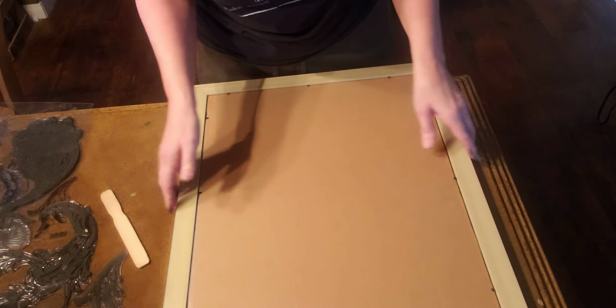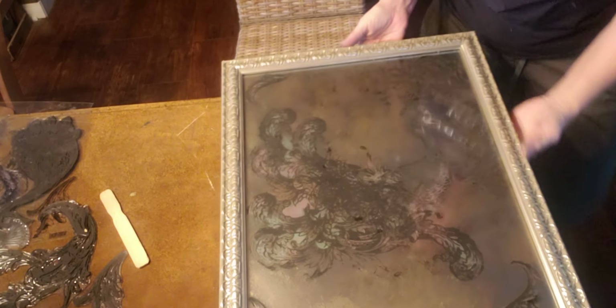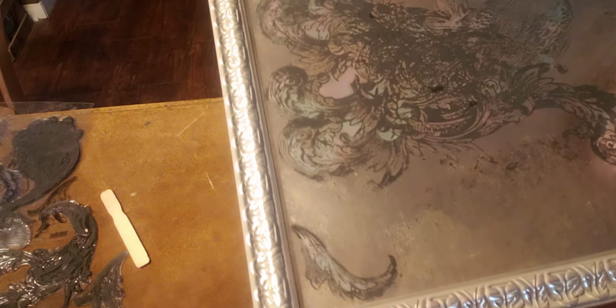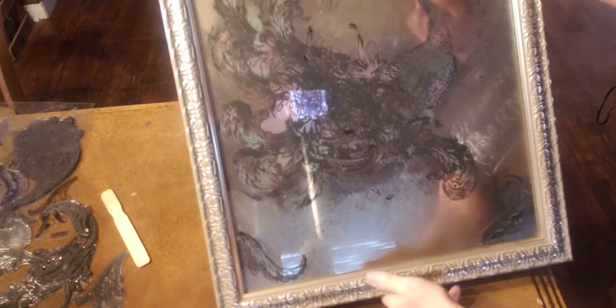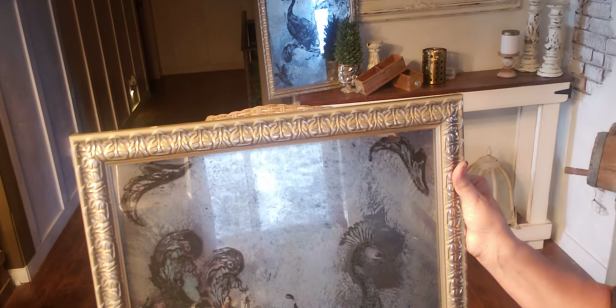Okay. And, are you ready? Voila! And you can actually see some of the turquoise and pink. Look at it. I didn't think you could. The glare's getting you. But look, you can see it. It showed up. Oh my gosh. Look how pretty. So, let me see. We've got another glare here, but